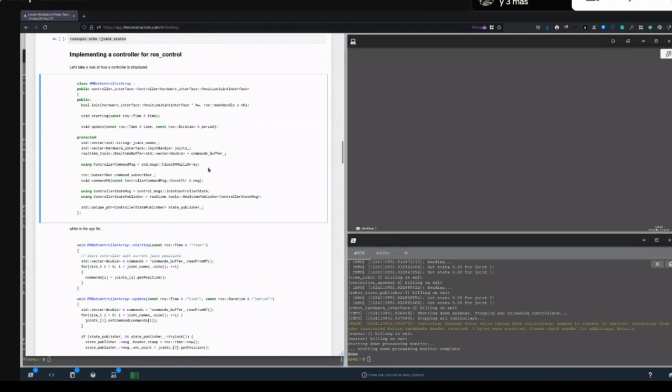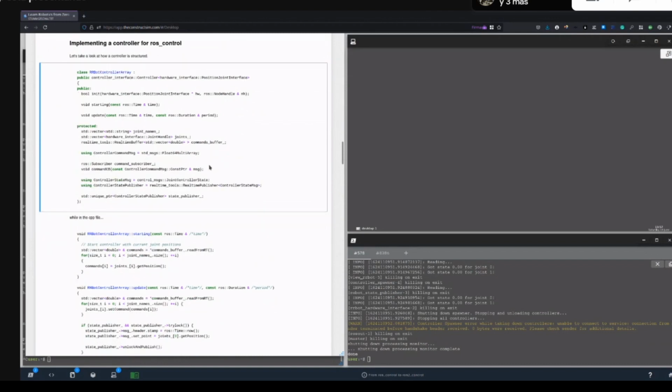I will show you in a second where you can see those threads in the controller. Also, what we would like to have is to subscribe to some topic to receive commands from other ROS nodes, and we would like to publish some topics, for example, controller state, to see the internal state in a more complex controller,